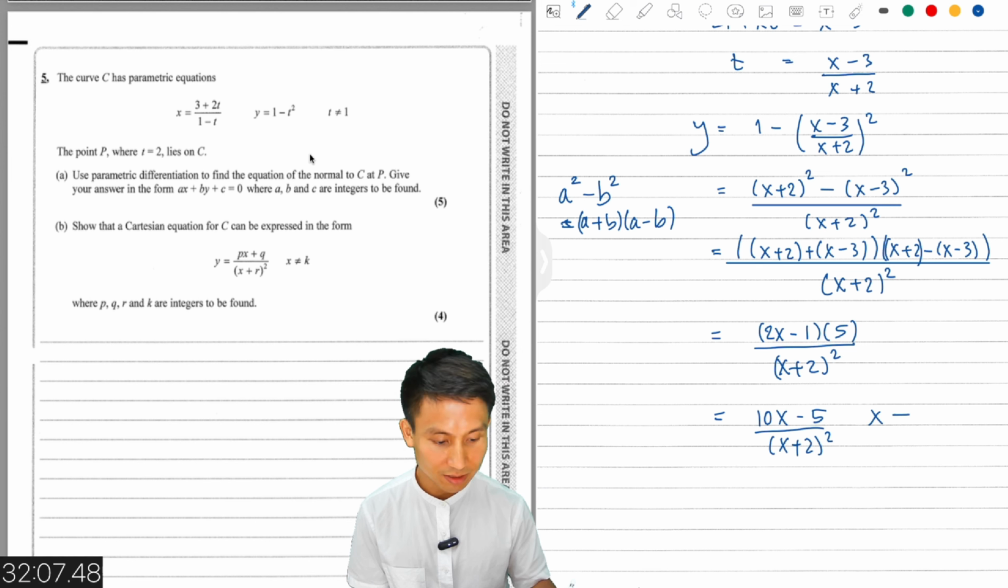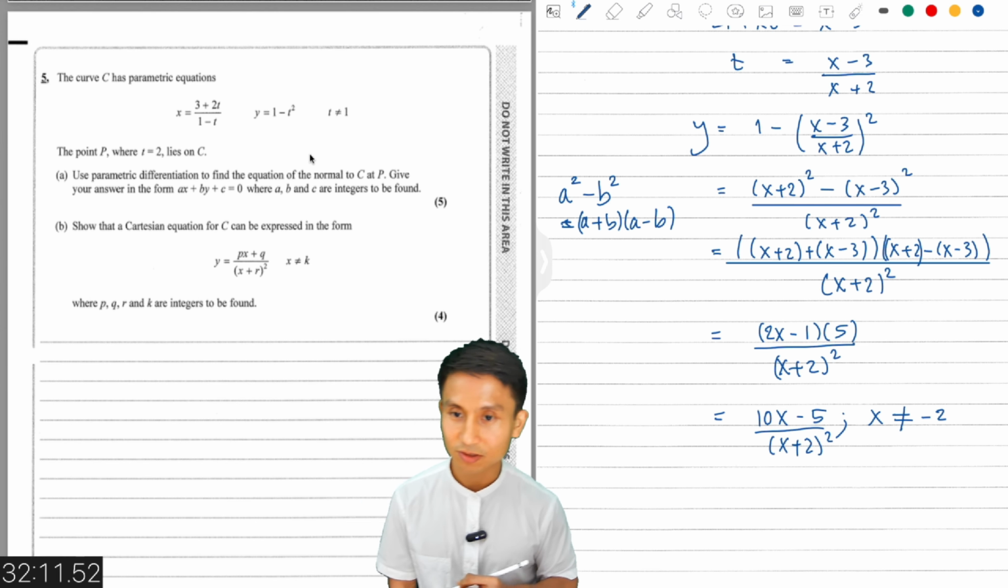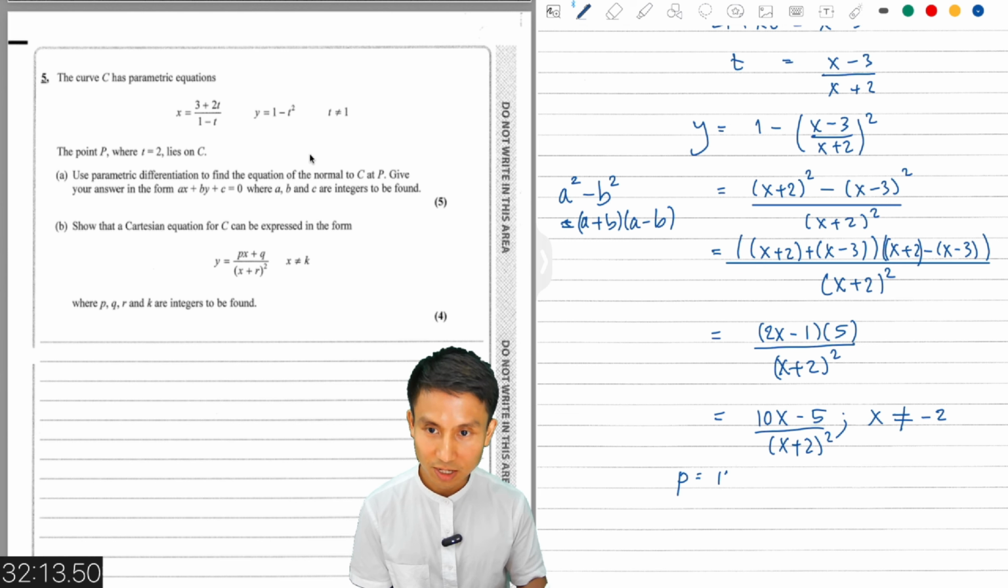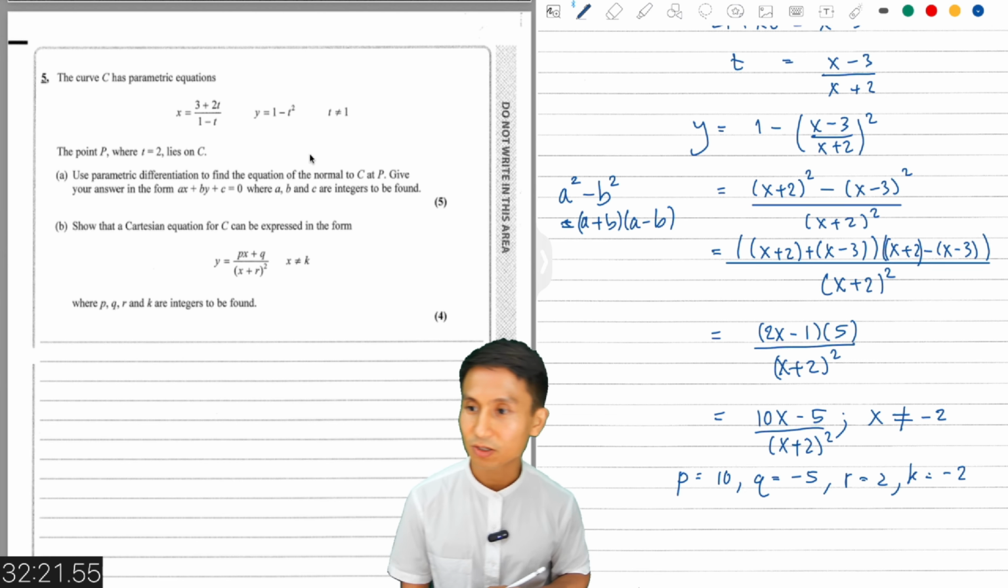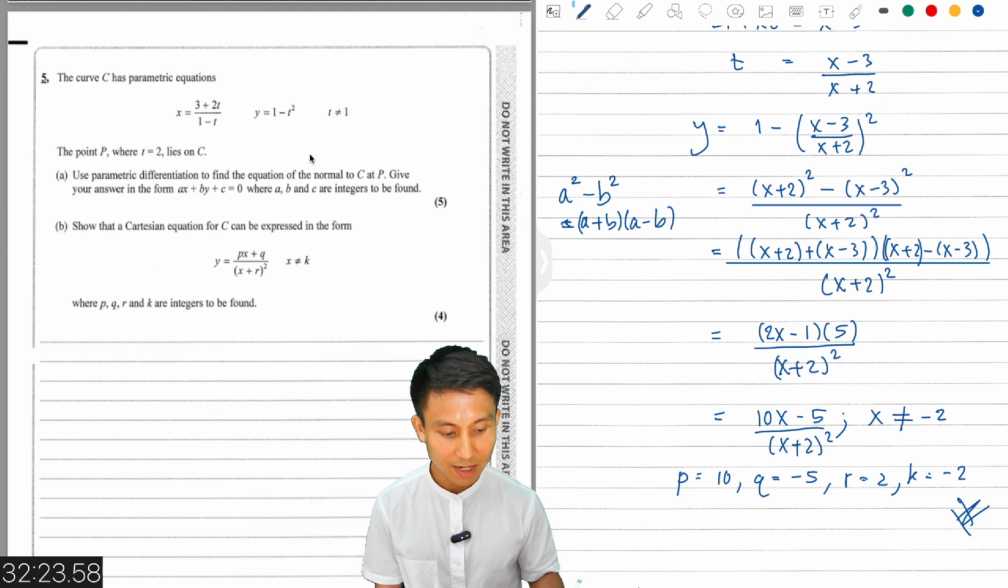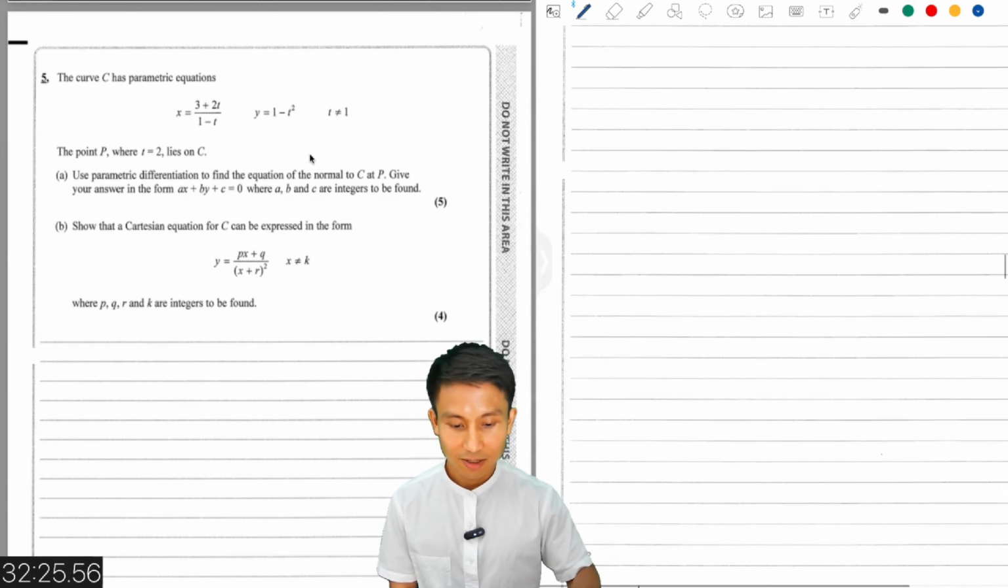So x is not equal to minus 2. Yeah, we need to note that first as well. So p equals 10, q equals minus 5, r equals 2, and k equals minus 2. Because that cannot be a division of 0. So I will keep my answer like that, guys. Next,